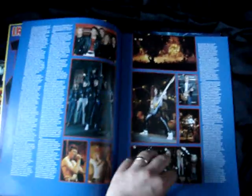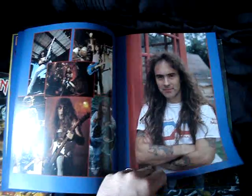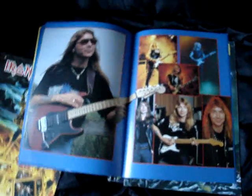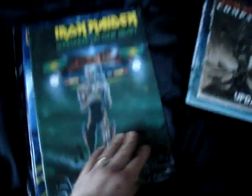Once again, only one of these has got the merchandise insert sheet, so I will be selling the one which doesn't. But this is for the Intercity Express tour, which was my first Maiden gig. It was on the 18th of October 1990 at Hammersmith. There you go, some great photos. That was like a stopgap tour between that and the No Prayer for the Dying tour. Somewhere on Tour,